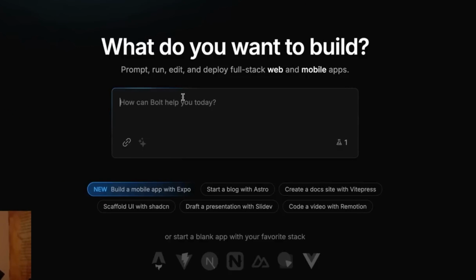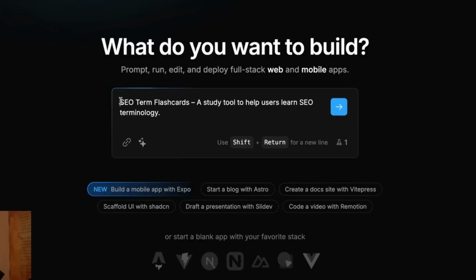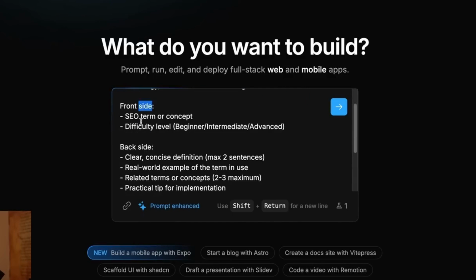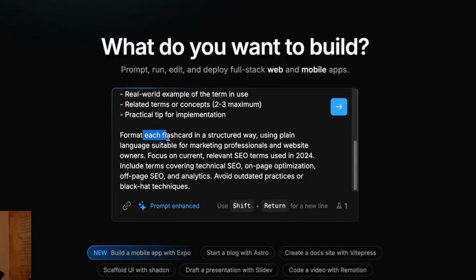Let's say, for example, I'm an SEO agency. I could find something relevant to me using this process. I'm going to say SEO term flashcards, a study tool to help users learn SEO terminology. Then from here, we're going to click the AI enhanced prompt option. And you can see it says create a comprehensive set of digital flashcards for SEO terminology with a front side and